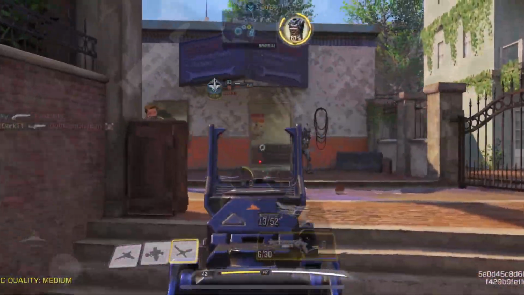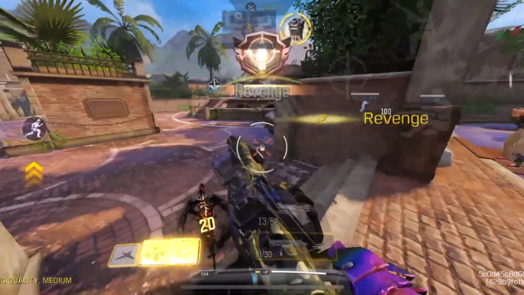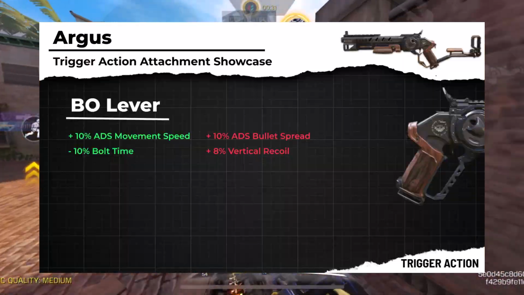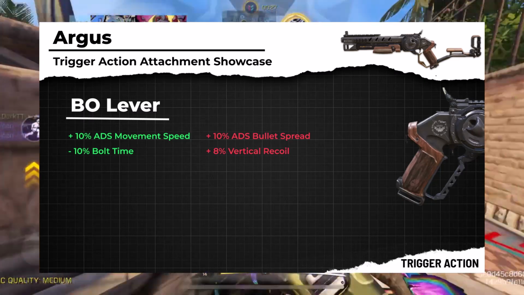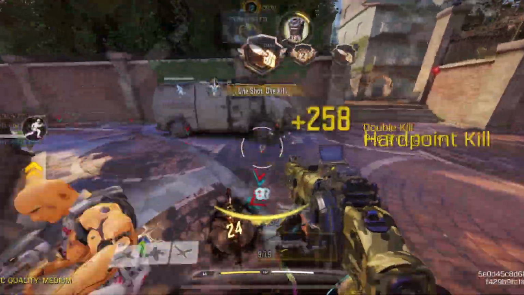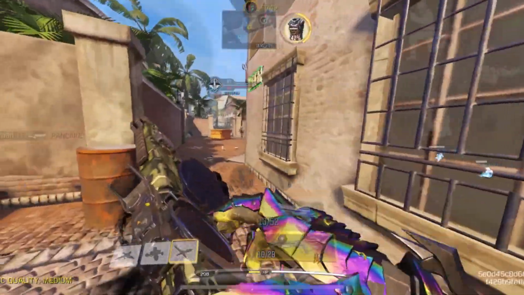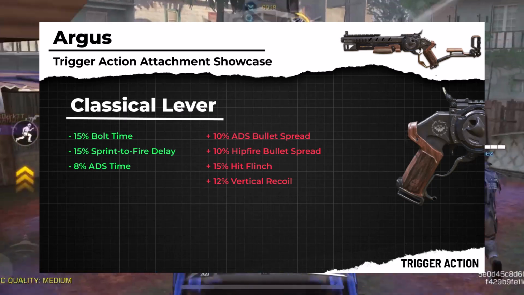The ARGUS also has some exclusive unique attachments, such as trigger actions, which can alter the weapon's fire rate. The Black Ops lever improves the fire rate to 70 RPM, and strafing speed by 10%, at the cost of worse ADS spread and vertical recoil. The cons for this one are negligible, as the ARGUS already has incredibly high bullet spread accuracy, and the recoil is not a real factor on a single-fire shotgun,